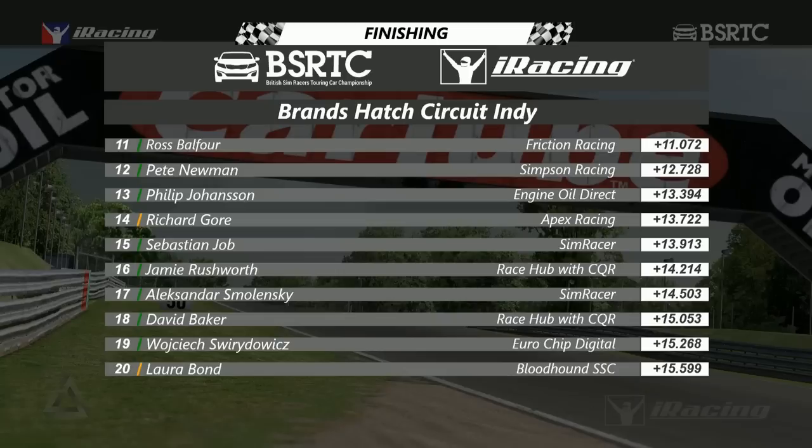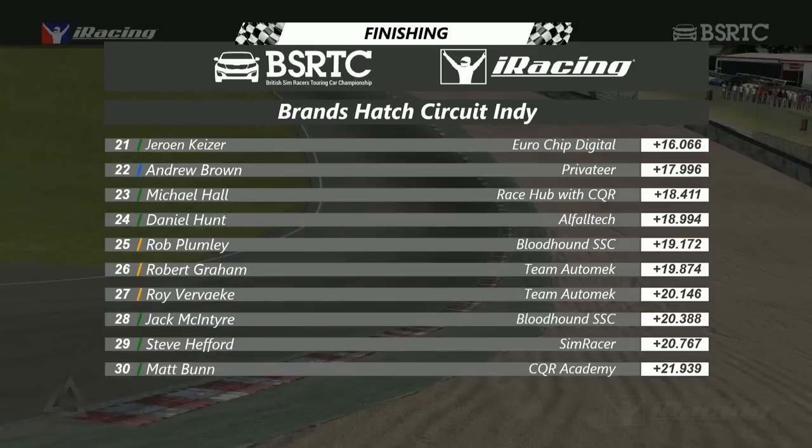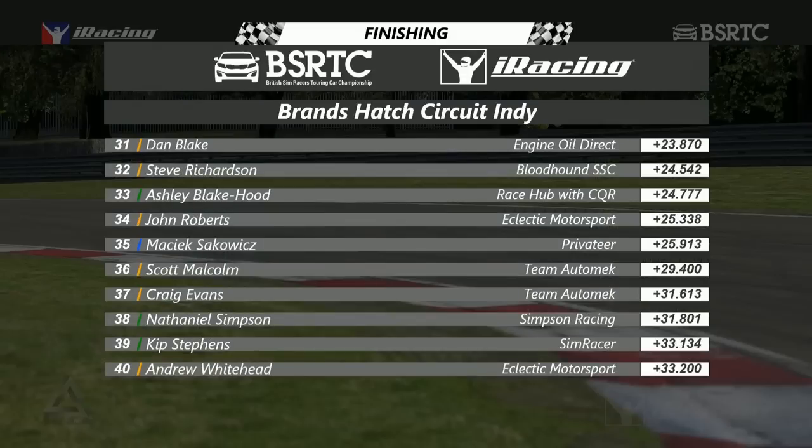That back of the grid penalty, I think he's still suffering there, and it's taken him 3 races to work his way up to 18th place. Wojciech Savidovic finished 19th, 20th Laura Bond, 21st Sharon Kaiser, 22nd Andrew Brown, 23rd was Michael Hall, 24th Dan Hunt, 25th Rob Plumley, 26th Robert Graham, 27th Roy Ververke, 28th Jack McIntyre, 29th Steve Hefford, 30th Matt Bunn, 31st Dan Blake, 32nd Steve Richardson, 33rd Ashley Blake Hood, 34th John Roberts, 35th Diogo Melro, 36th Scott Malcolm, 37th Craig Evans,